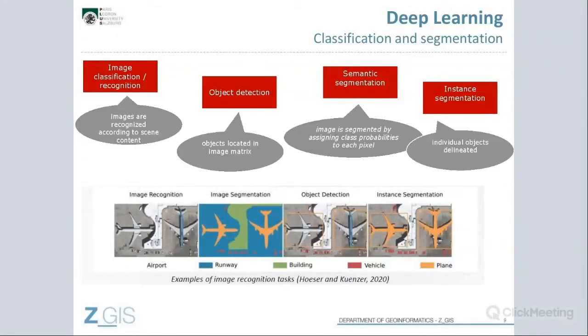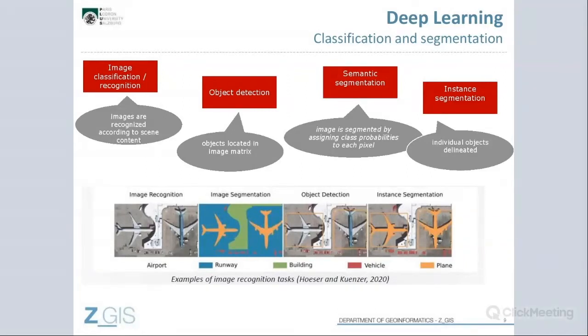Then we have object detection, so basically trying to find out where objects are located in the image, even though we are not really delineating it exactly. Then we have semantic segmentation, which is basically now trying to spatially explicitly transform pixels into categories, into classes, and assigning class probabilities, and therefore having the chance to do a spatially explicit classification. And then instance segmentation would be even one step further, where we try to extract and represent individual objects, and then we can do object counting and so on.